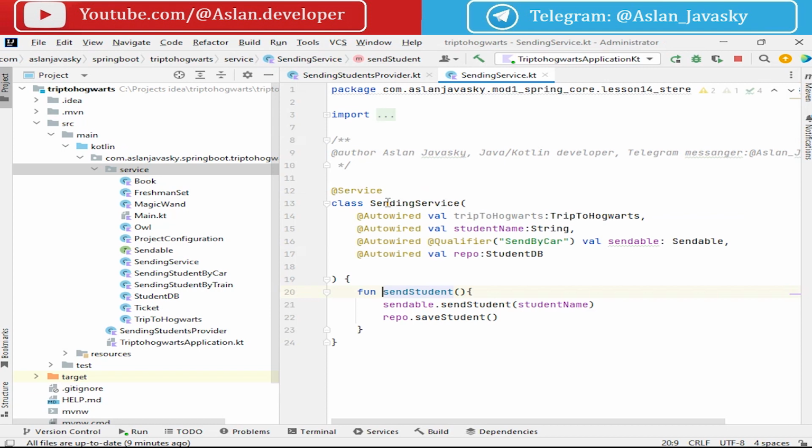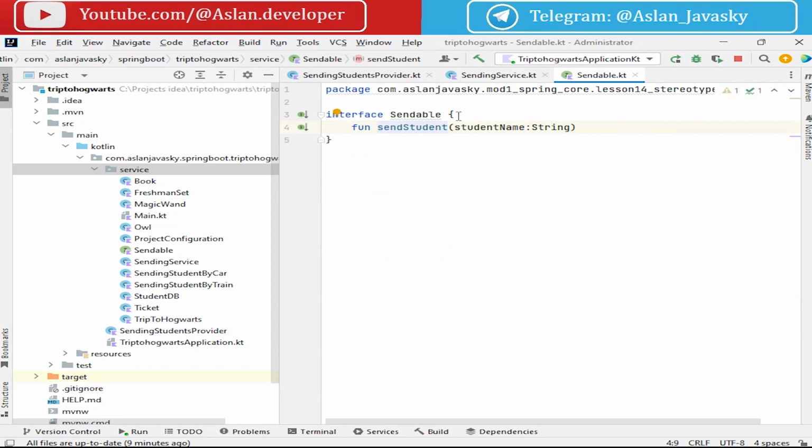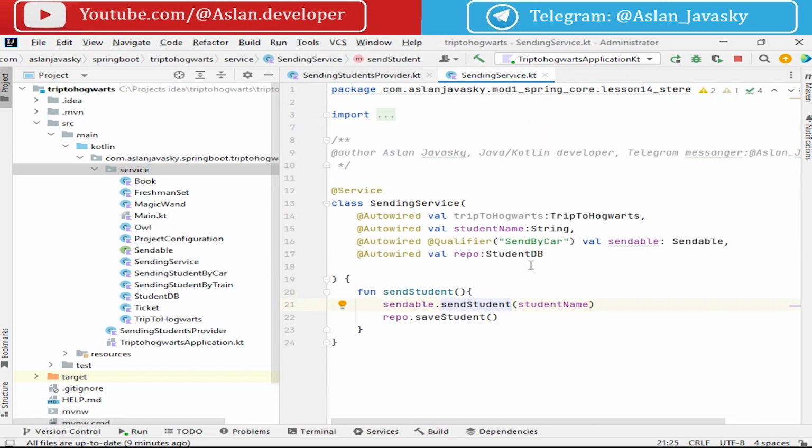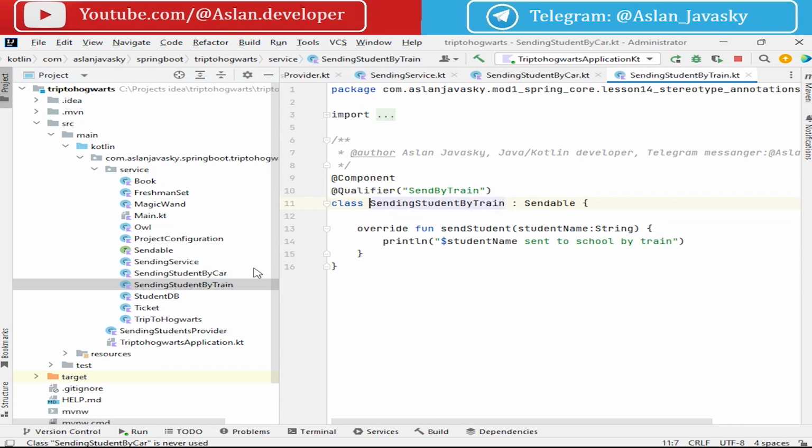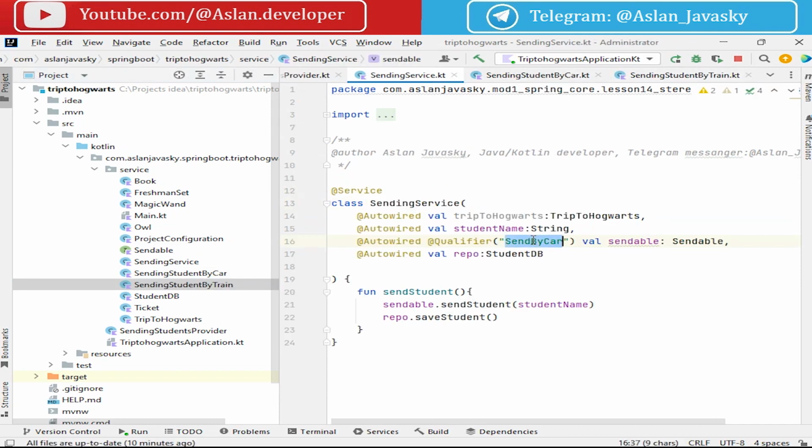And let's open its implementation, and instead of this send by car, let's open send by car. Let's change it to send by train by using qualifier sendable,